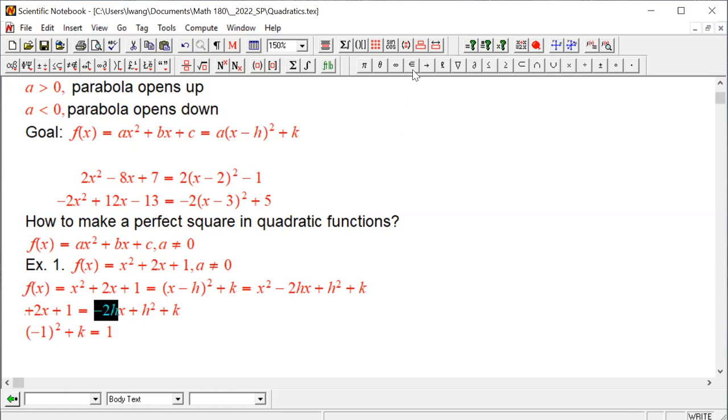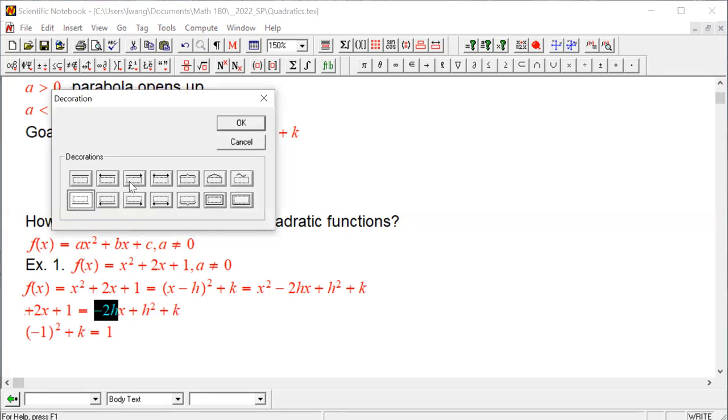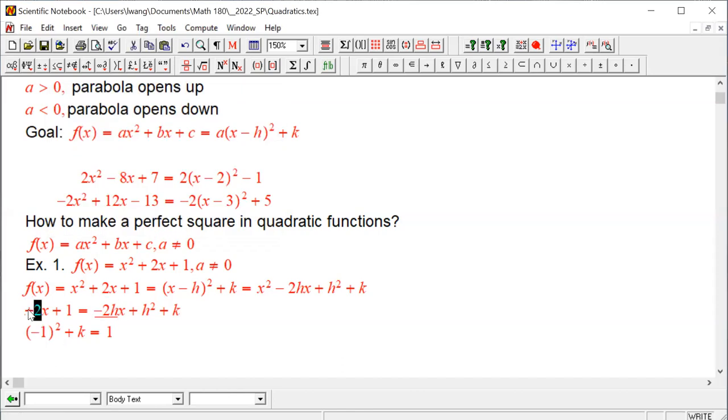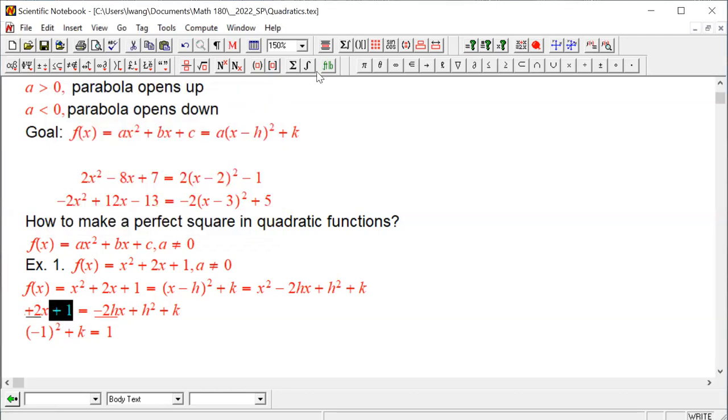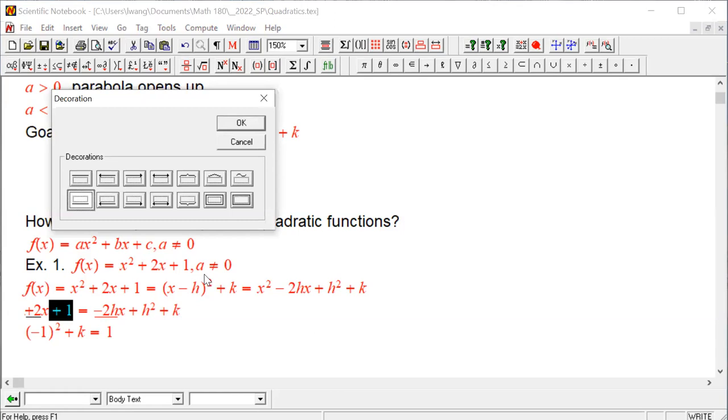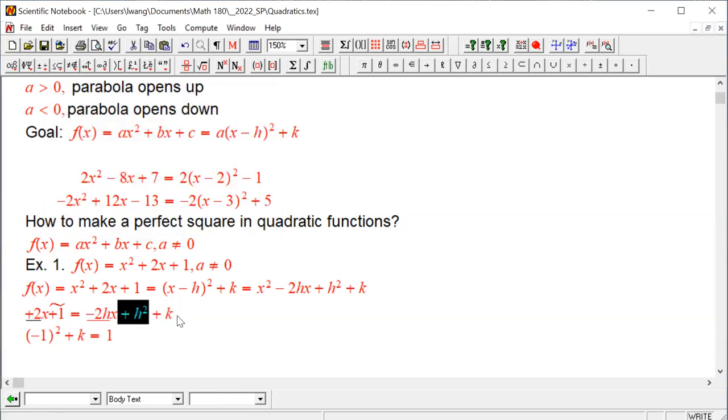So this piece should equal 2. Okay, and that piece should equal the same thing. They should be the same. That's what we're talking about. So h squared plus k, this is h squared plus k because h already,